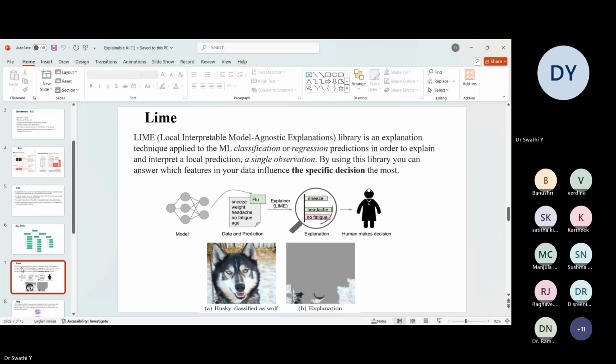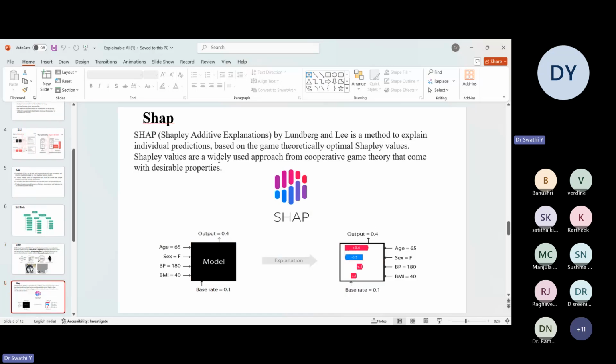And the next one we have is SHAP. So this SHAP is nothing but Shapley Additive Explanations. This is also a powerful explainable AI tool. The advantage of using this tool is you'll get all the visualizations in one shot. No need of calling functions one by one and writing code using Matplotlib before your visualization plot comes. At one place, in one shot, you can see all the visualizations with respect to your model. And based on the visualization, if you want to do any in-depth analysis, you can go for this SHAP tool. So this is also an explainable AI tool.